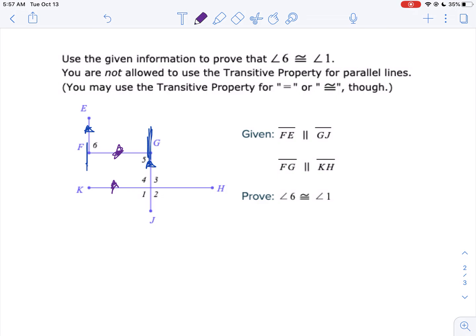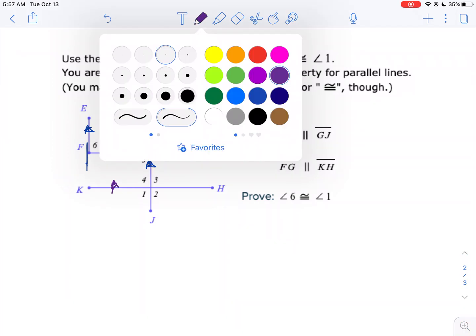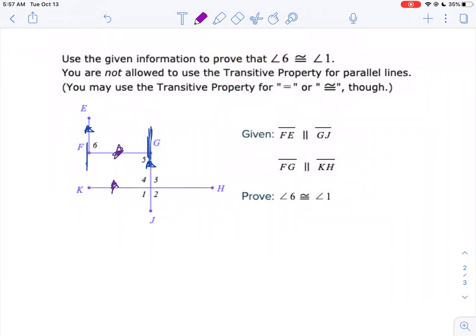You cannot do this in two steps because there's no transversal connecting angle 6 to angle 1. See, angle 6 is way up here and angle 1 is down here. There's no transversal connecting them. So let's start with what we know. We know when we're doing a proof,